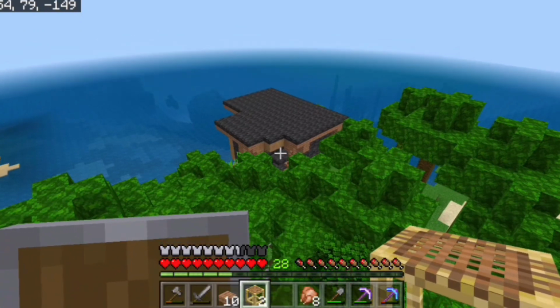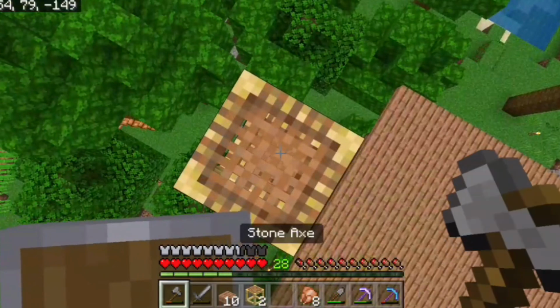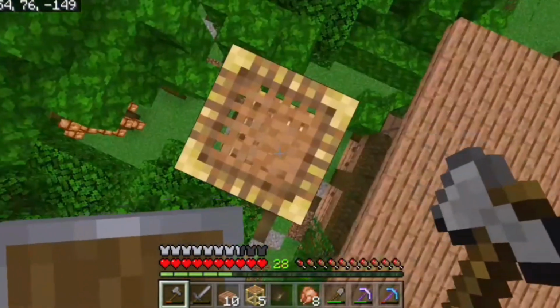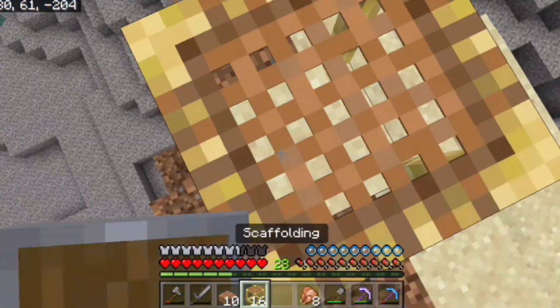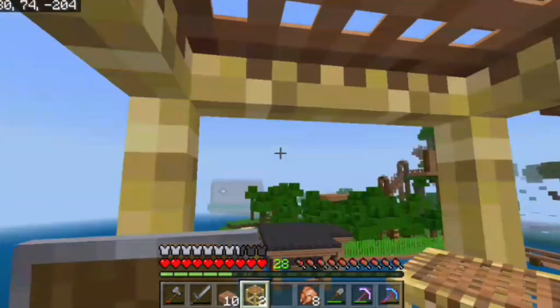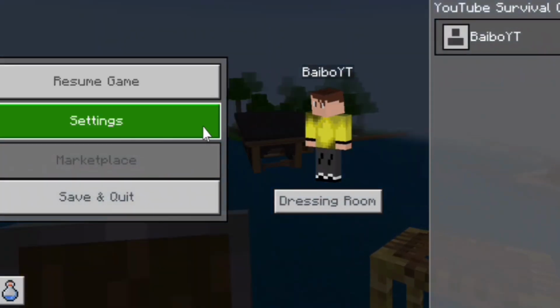Okay, so the trees are covering up the dock, so I don't think that it is a great idea to take a thumbnail from this angle. Okay, so I think that is looking great. So let's go up. There you go. So now all you have to do is go to the settings,